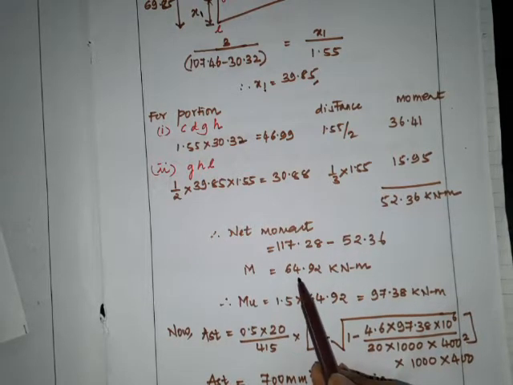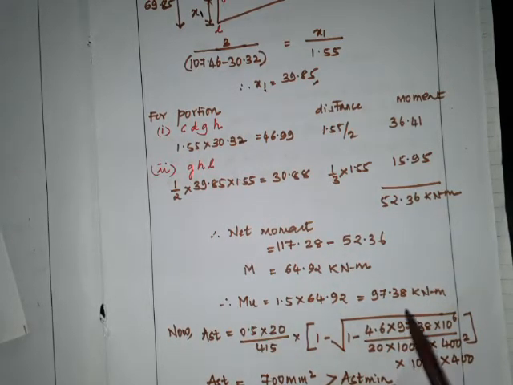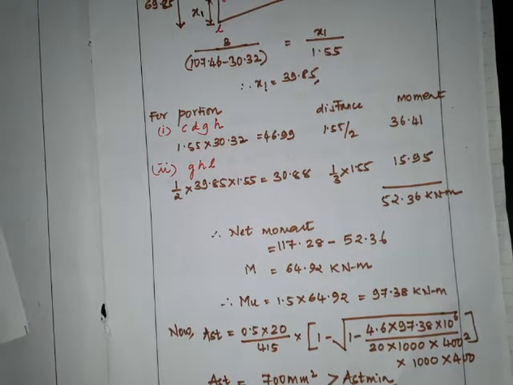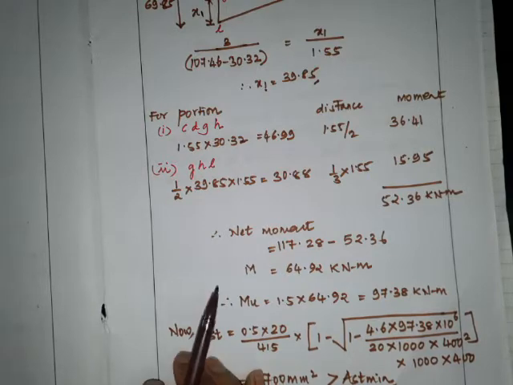So we get this moment. Then you have to make it factored. Then after making it factored, you have to find out the area of reinforcement required to provide in the heel slab with respect to this bending moment. So Mu divided by fck B, where B is 1000 because per meter width we are calculating, and the effective depth is 400. So BD square. The Ast is 700 mm square, which is more than Ast minimum. Okay, then fine. So we have to provide the Ast only.